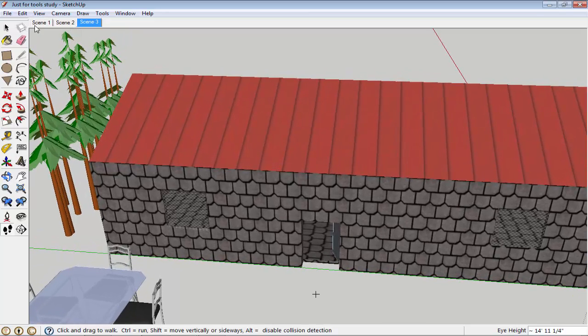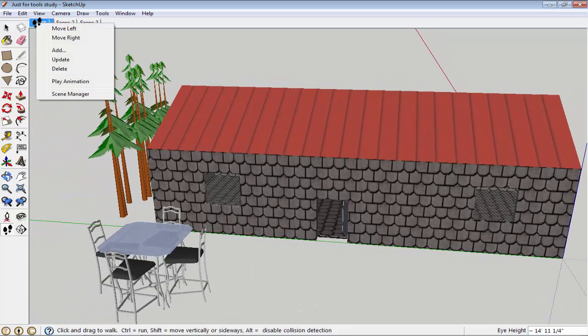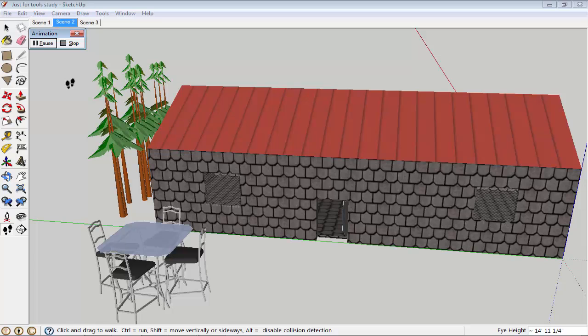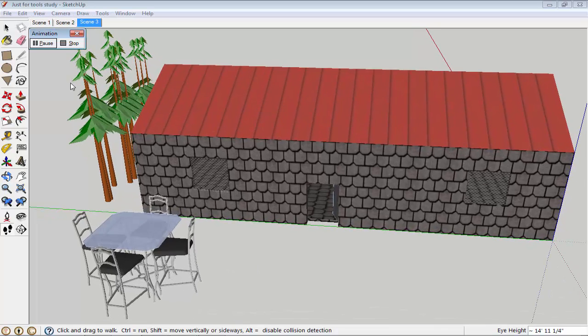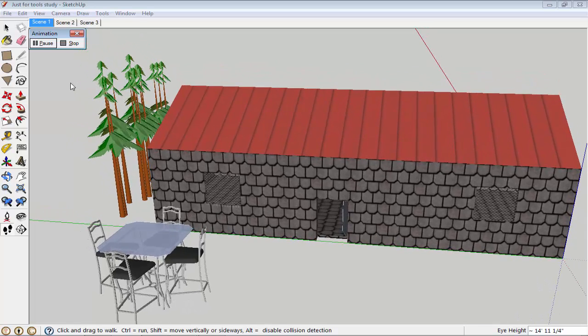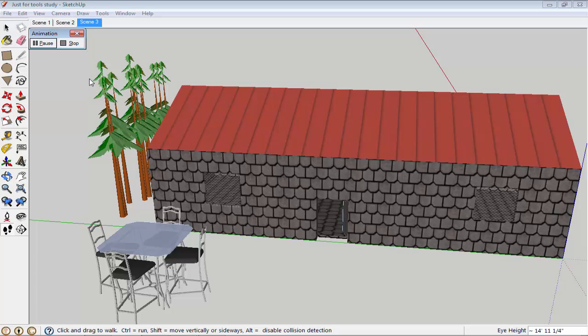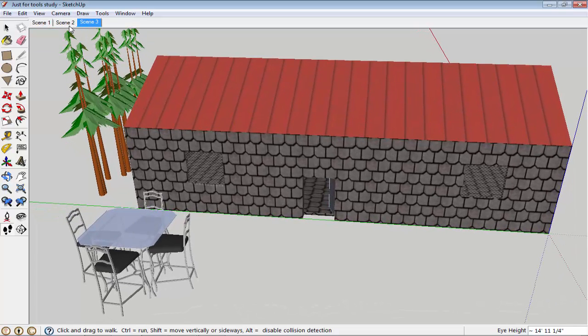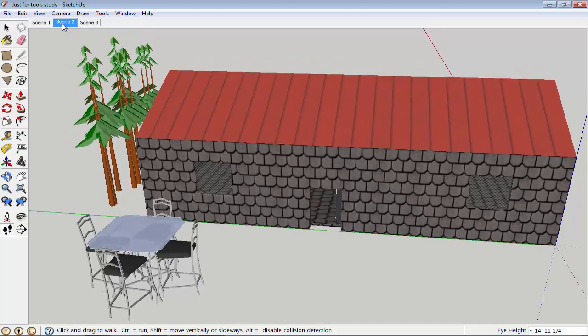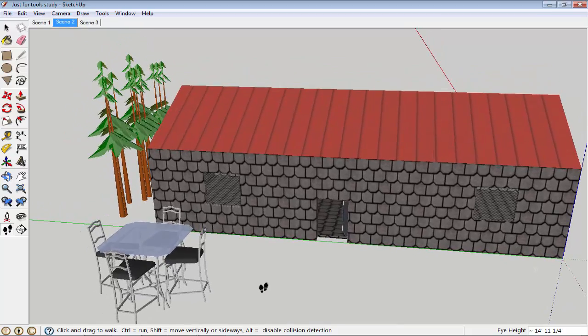Okay, now if I click on scene 1 and right click, I want to play my animation which I have done so far, so I will simply click on play animation and you will see it will move. That's it. Okay, unfortunately scene 2 does not have any animation. Okay, you can see it. So how can I update the scene? Simply I will click on scene 2 and I will say